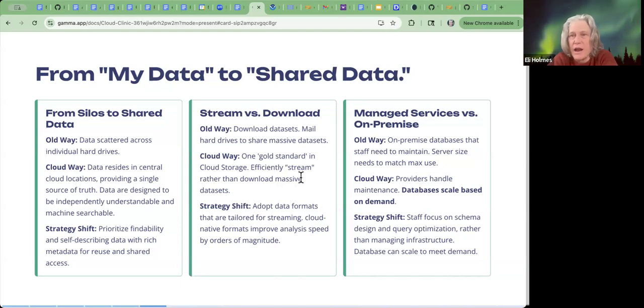Another change that happens is that we start moving away from downloading data sets onto our own computer, or if we're working with huge data sets, mailing around hard drives. Instead, we are streaming that data. So the data out in the cloud is kind of like the hard drive in the sky, and we access that data. We don't download a whole bunch of individual copies. We have one copy that we are all accessing.